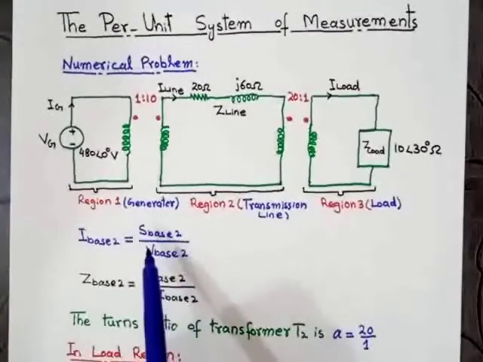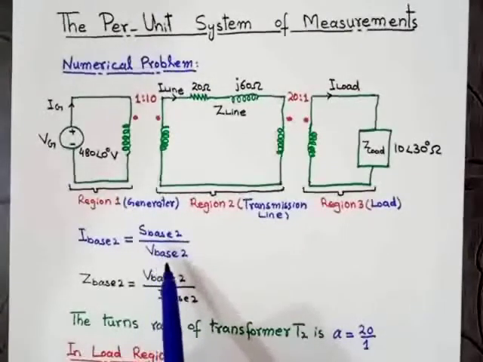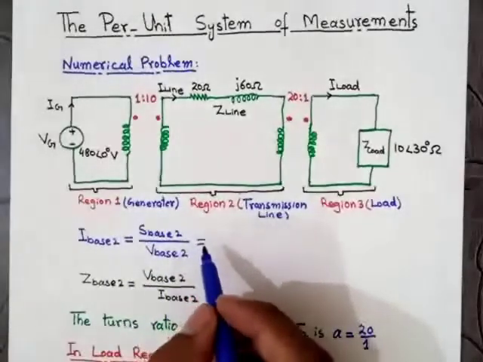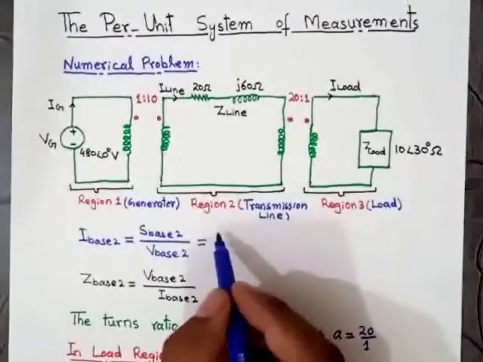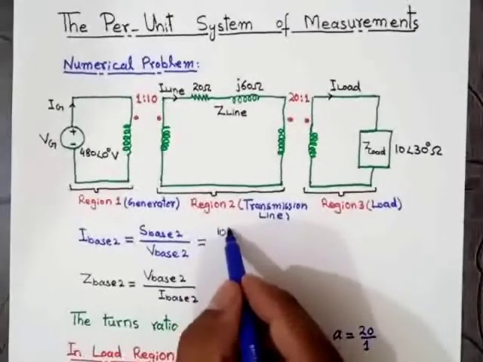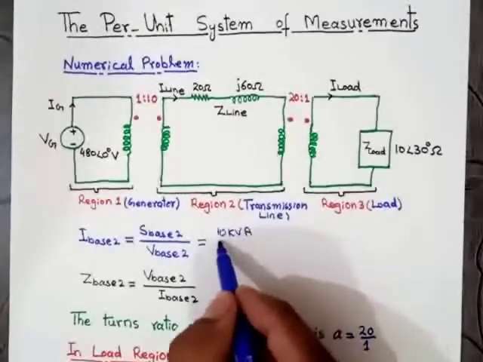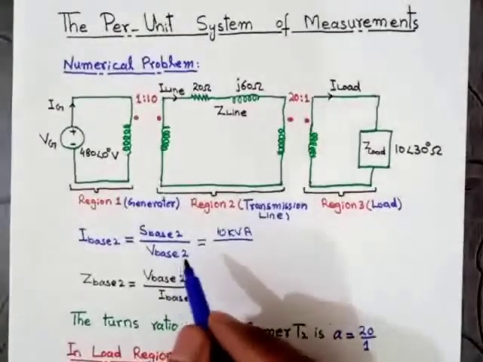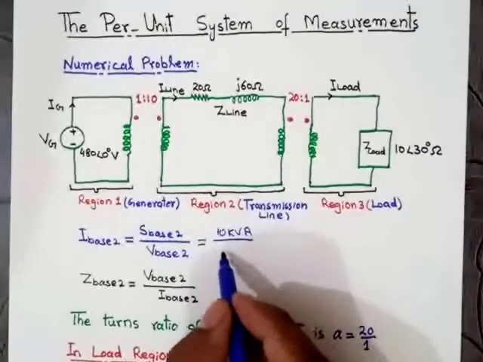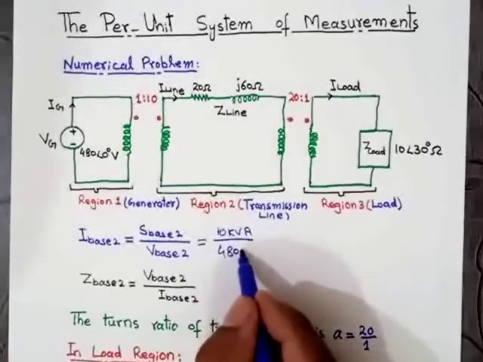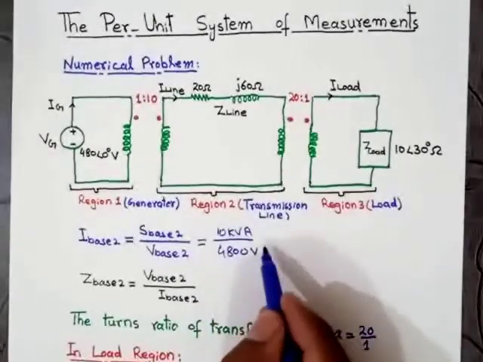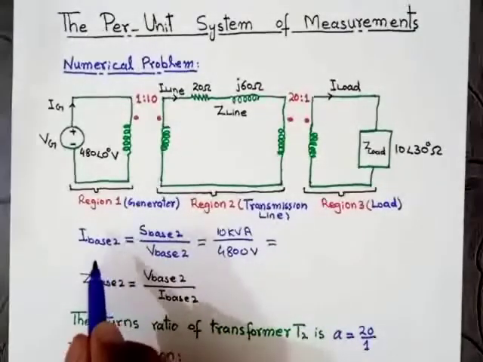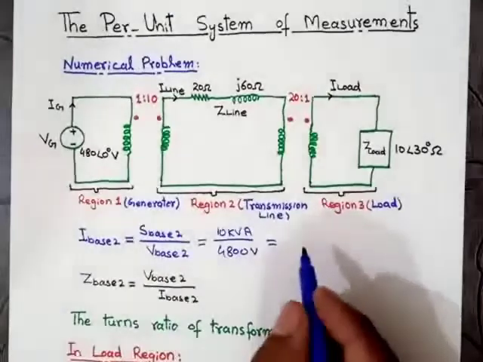Putting the values in this equation, S base 2 is 10 kVA and, as we have already determined, V base 2 is 4800 volt. After solving this equation, we get the base value of the current, I base 2, equal to